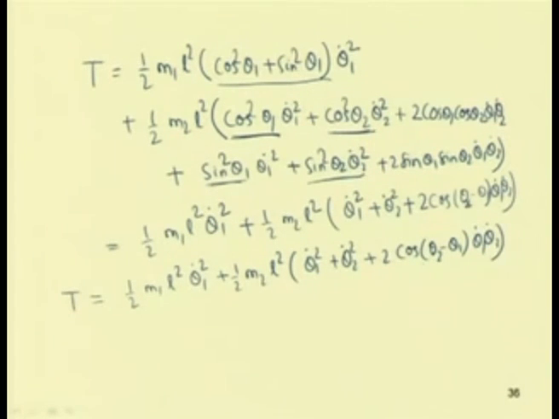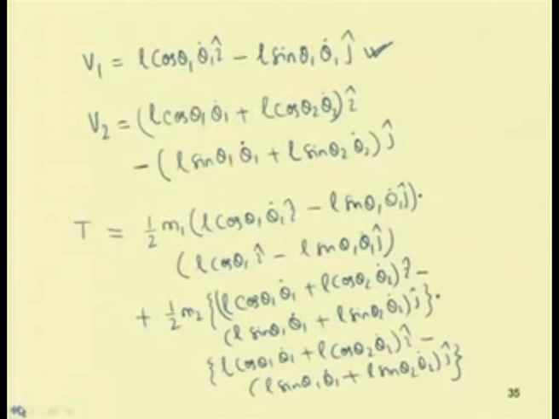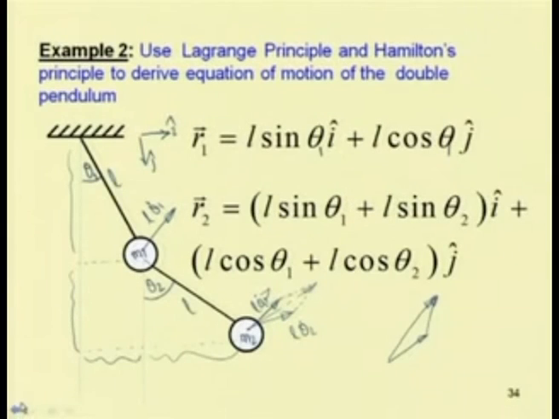This theta 2 minus theta 1 is nothing but the difference between the two angles. From this diagram one can see what theta 2 minus theta 1 is. One can extend this theta 1 line. So this angle is theta 1, and this angle is theta 2 minus theta 1.